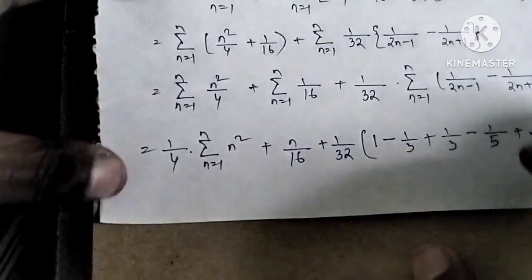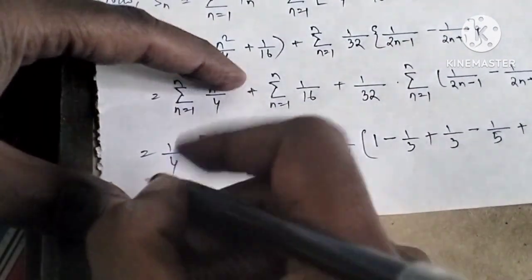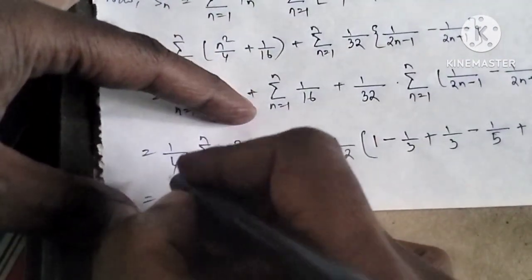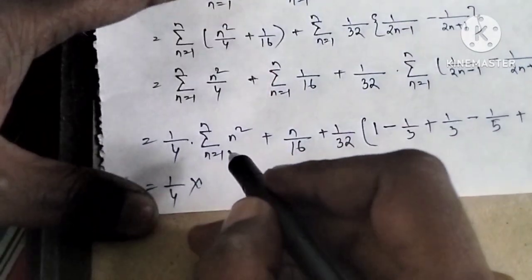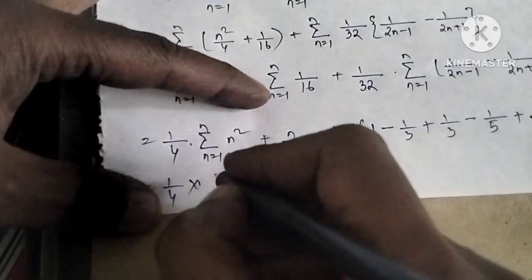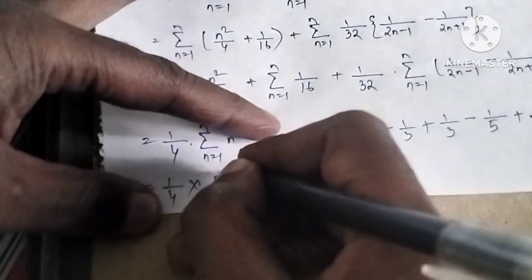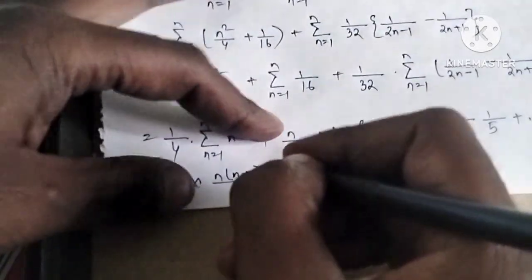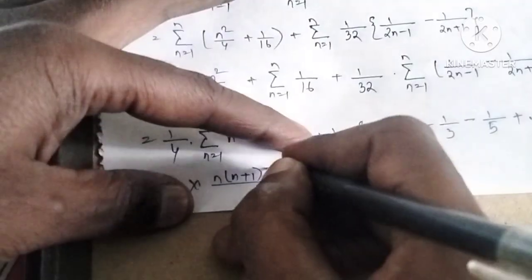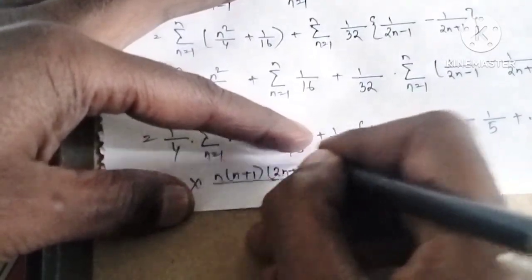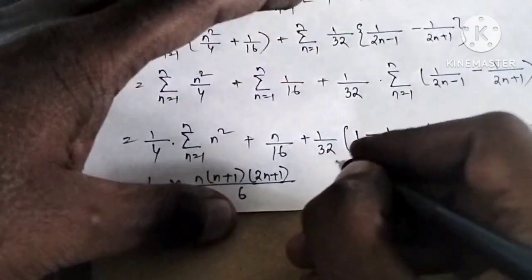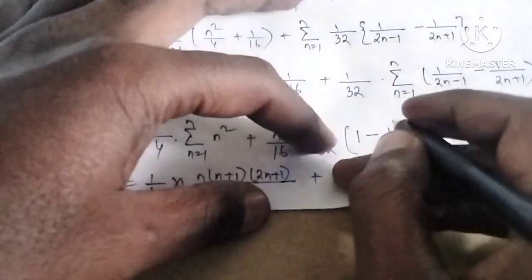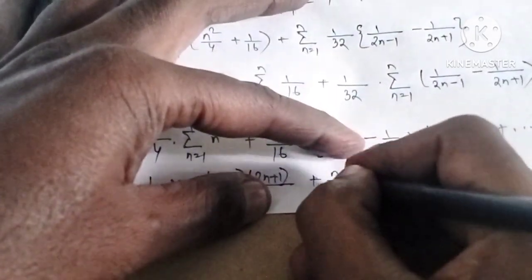Okay, so this will be 1 by 4 into, what is the formula of sigma n square? n into n plus 1 into 2n plus 1 by 6. Okay, plus n by 16